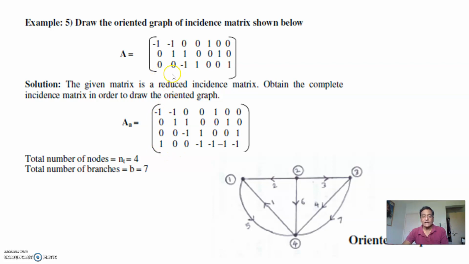And about the second element of the last row, see here, minus 1, 1, 0, plus 0. Already it is 0. So I can add only 0 to let the addition remain 0. And similarly here, what do I have to add? 1 minus 1, 0. So only 0. And here the addition is 1. And to make it 0, I must add one more element here, minus 1. That you can see here. Similarly here, minus 1 is added, so that the sum becomes 0. Here minus 1 is added. Here minus 1 is added. So we have obtained the complete incidence matrix.